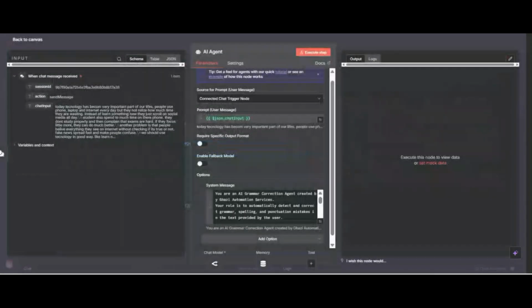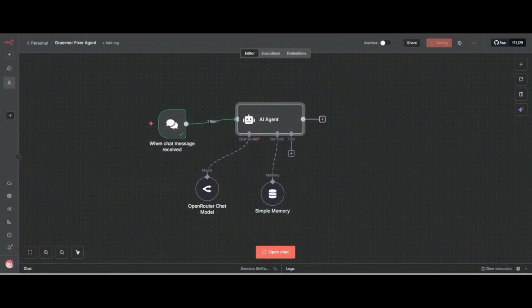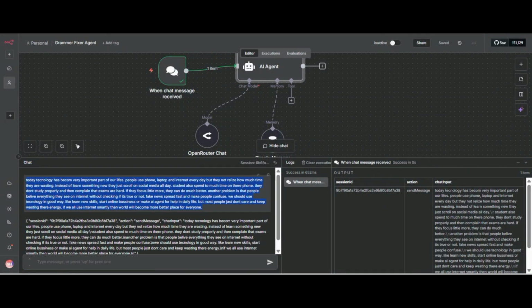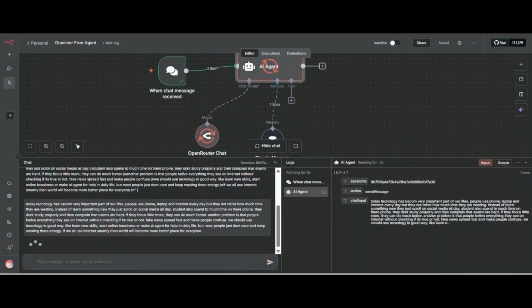So now I added my chat trigger, then the AI agent node, and then the LLM and simple memory. This time I check what our agent is giving. I again send our previous message.